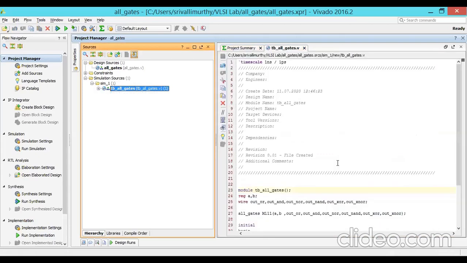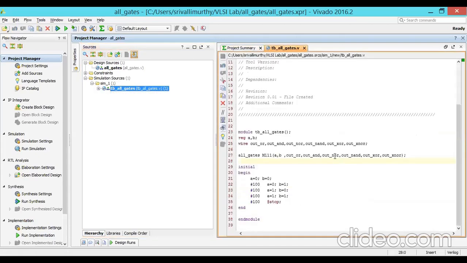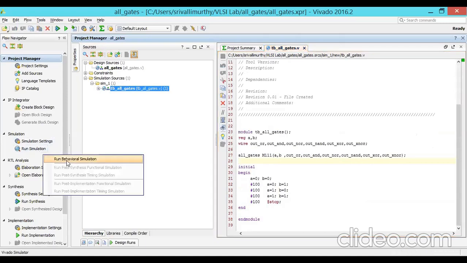Yeah. Now the test bench is updating. The test bench is updated. Control S. Now, after this step, this is a very important step. After this step, you run the simulation. This is the left hand side. You can observe the simulation settings. Default settings only, no need to check once again. Run simulation. Just click this: Run behavioral simulation.